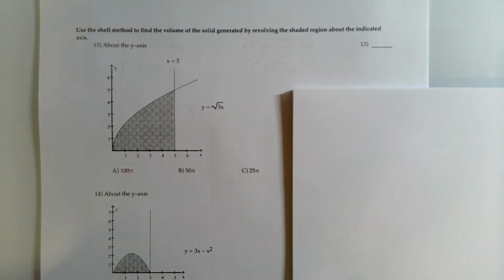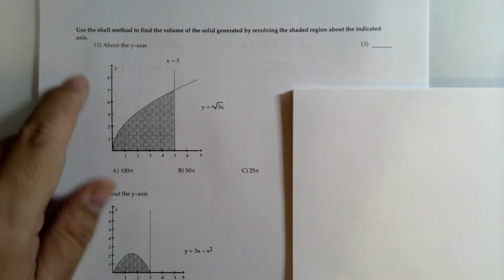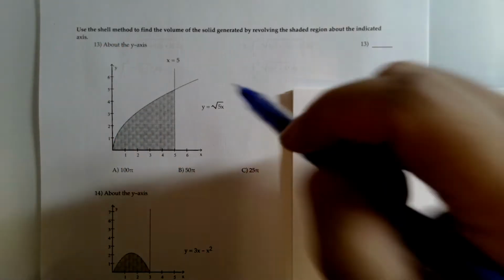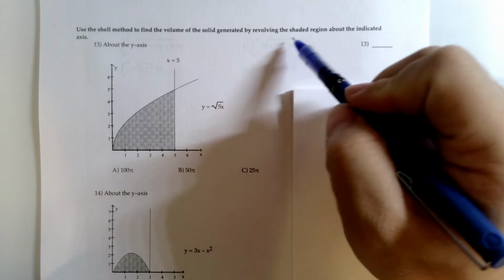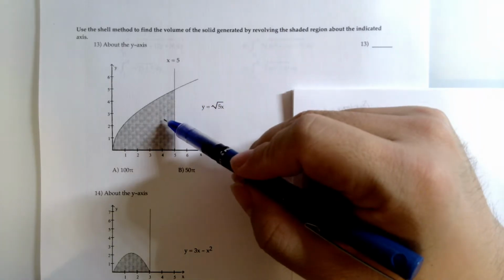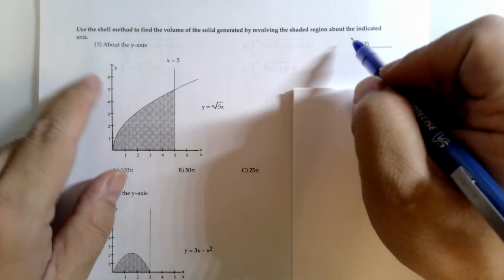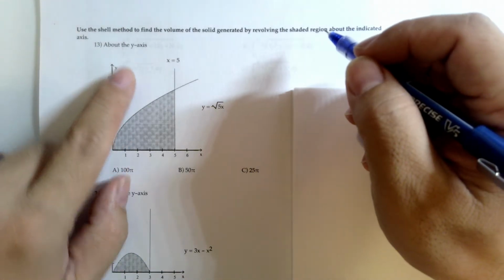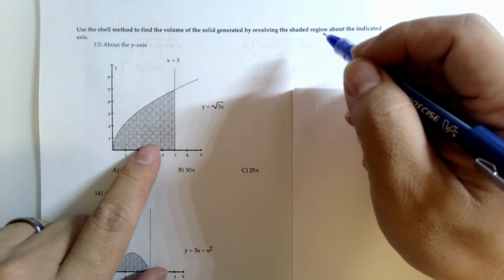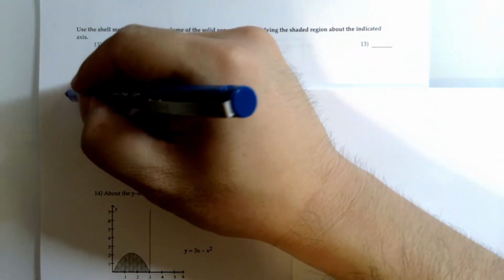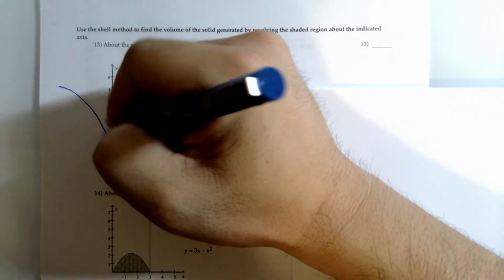Okay, so now let's look at this problem. It said to use the shell method to find the volume of the solid generated by revolving the shaded region about the indicated axis. So problem 13 said about the y-axis. So this is the problem. This is the y-axis. So if you do the revolving,